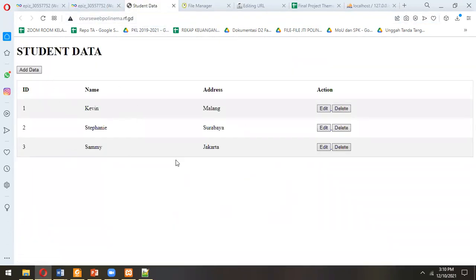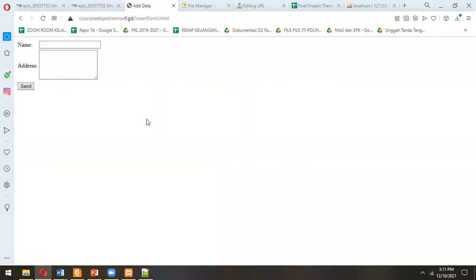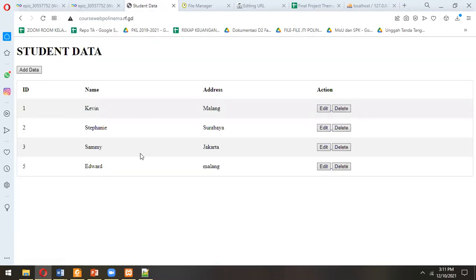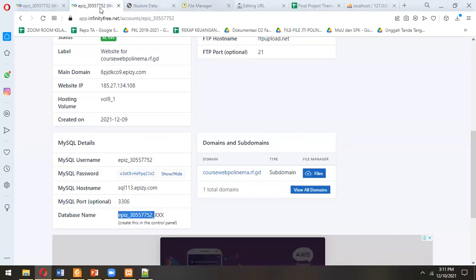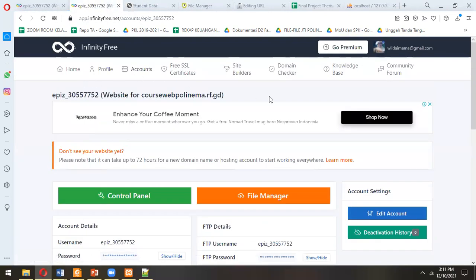It will appear like this, like that you have already finished week 12. And it is also already connected with the database. Okay, if I open it, it will be adding something here, so it's similar. And if you open again, okay,